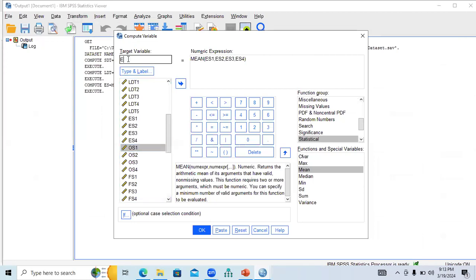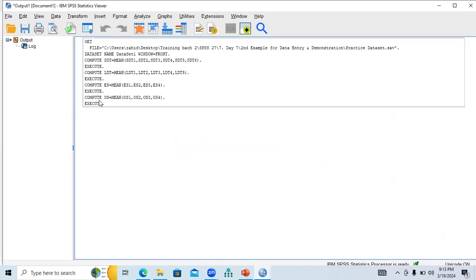I place here OS, right here OS, and you need to remove the indicators of the previous composite variable. Double click OS1, double click OS2, comma, double click OS3, and comma, double click OS4. Now click on OK, and you will find the fourth one